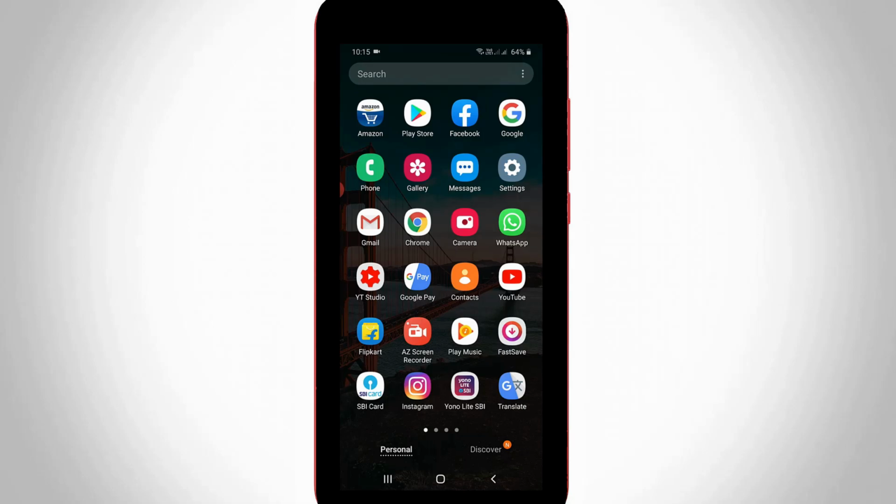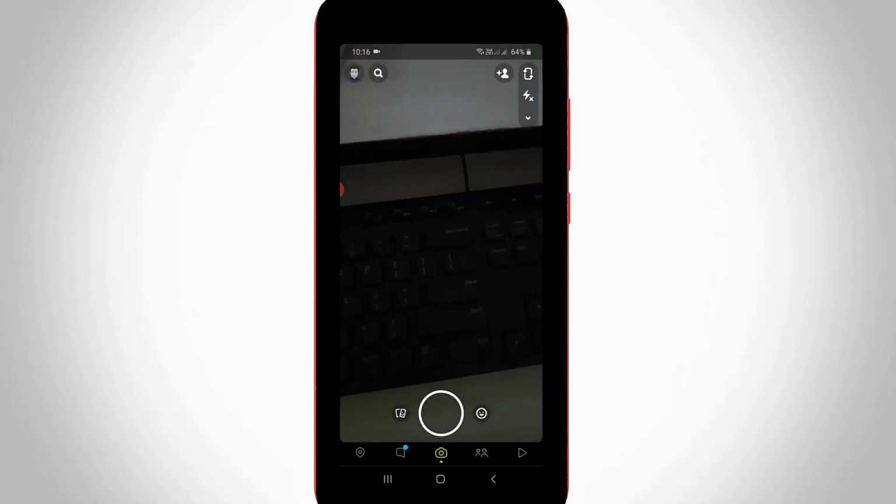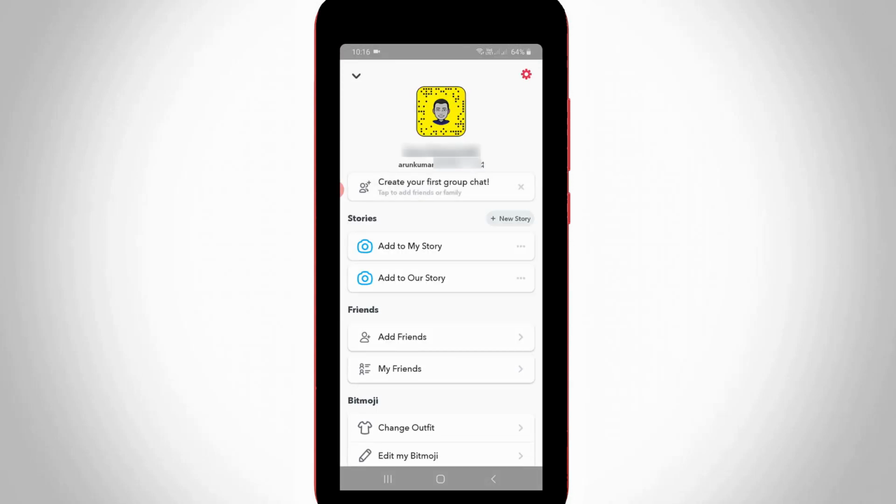So first of all, click to open your Snapchat application. So now in this camera section, in almost the top left side corner, it shows my Snapchat profile picture. So simply select it. And it shows my Snapchat username and other settings categories. So here you can press this new story option, and it is placed at the top of the stories menu.